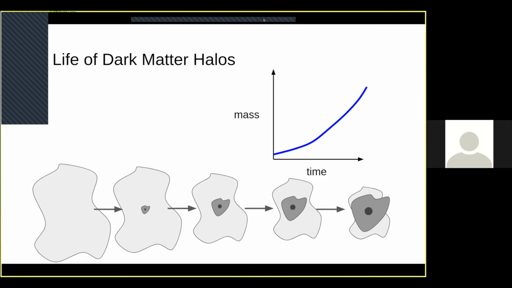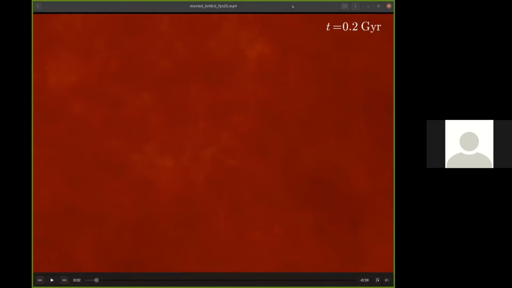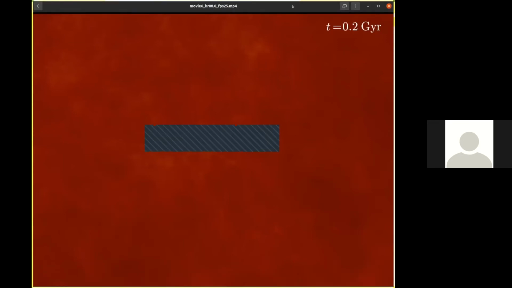So with that background, where we've sort of drawn the cartoons of how this works, I want to show you a movie that also illustrates this point. I haven't put it inside of the slideshow because it's quite large, so we'll be sharing it separately. So this is a movie that a collaborator and I made from a simulation of the universe. And it's the same color scheme as before, where it's more yellow, it's more dense, and where it's more red, it's less dense. And we're in the very early universe right now.